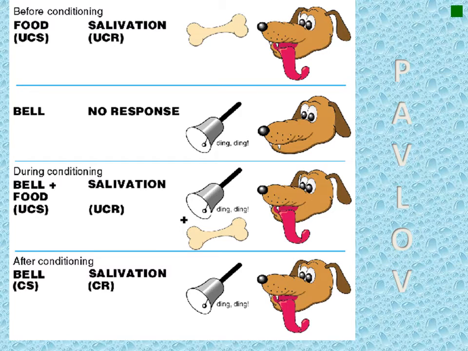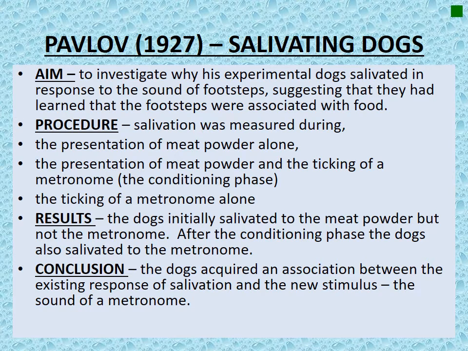Okay, looking at Pavlov's experiment again then, so I've talked you through the scenario. Now, the aim of Pavlov's experiment was to investigate why his experimental dog salivated in response to the sound of footsteps, suggesting that they'd learned that the footsteps was associated with the food. So the procedure was that Pavlov measured the salivation of the dogs when he was presented with the meat powder on its own, and then the presentation of the meat powder with a ticking metronome, and the ticking of the